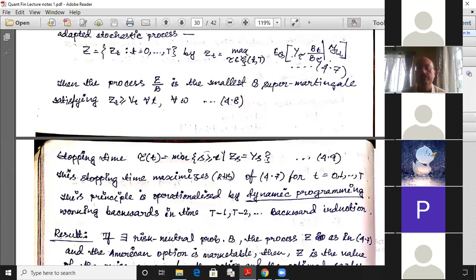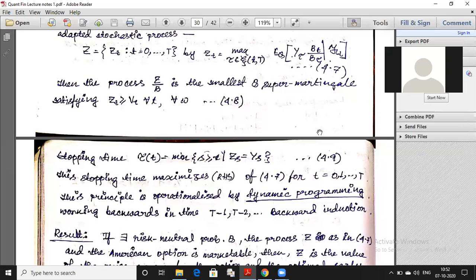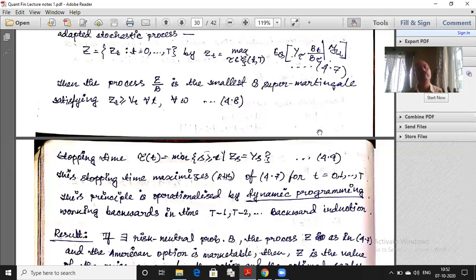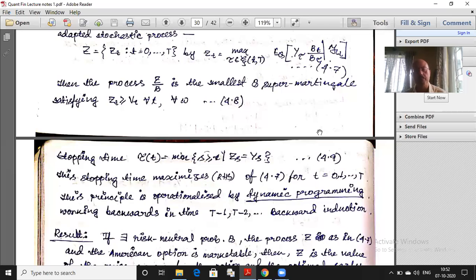Okay, thank you. So dynamic programming I will not use explicitly, so you need not go through the theory, but if you are curious you can always look it up, because it's a very powerful optimization tool. I know that you are familiar with all the typical calculus type of optimization or even linear programming in the discrete domain, but they are all static optimization problems. Everything is one shot, there is no time concept. Dynamic programming is the next level, where you are looking at an optimization problem spanning over a time interval.